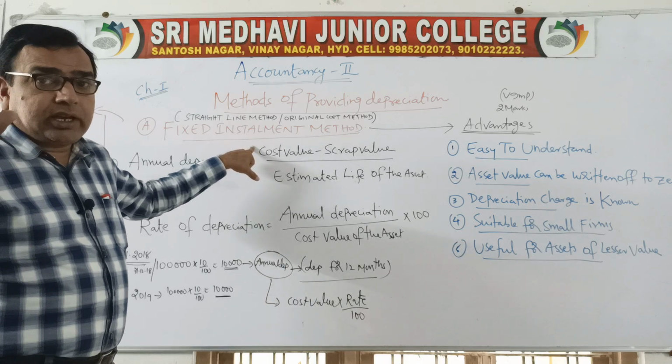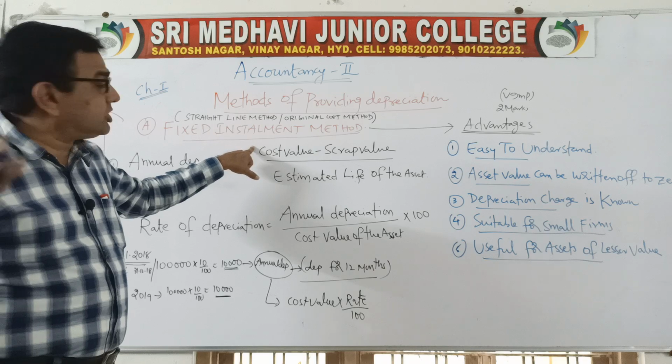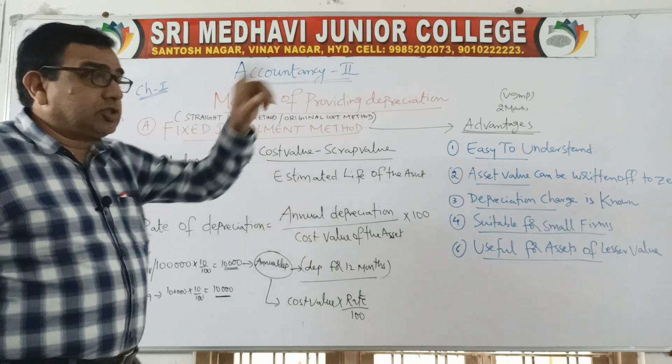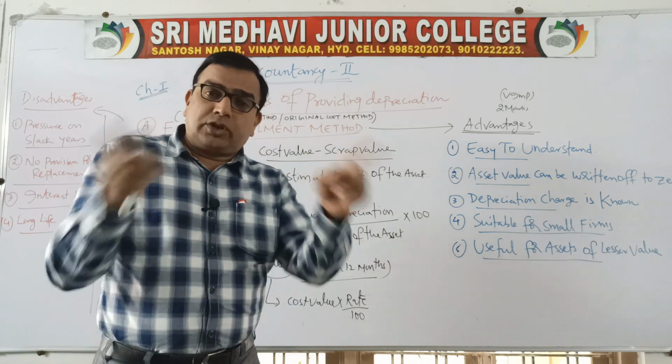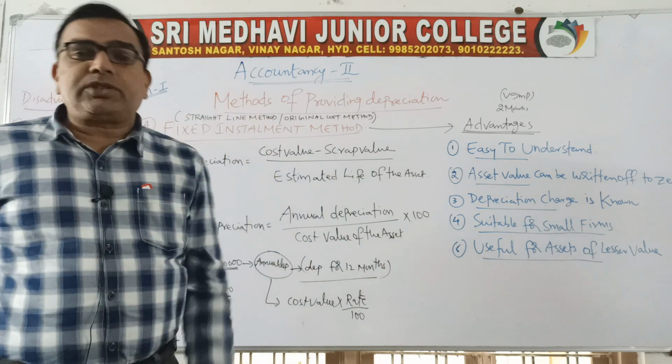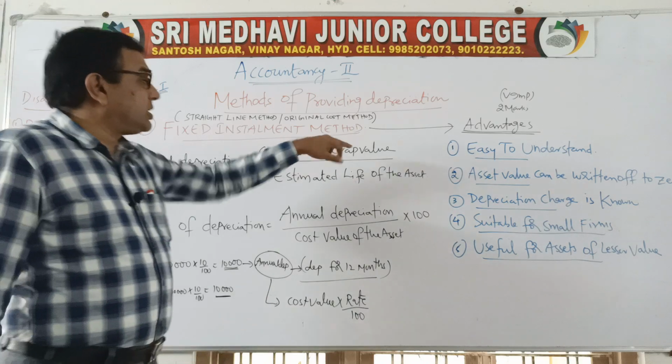आप वो मशीनरी खरीदने के लिए या फर्नीचर खरीदने के लिए जो पैसे खर्च करें उसको बोलते हैं कॉस्ट वैल्यू. Suppose 98,000 is spent for the asset, 2,000 paid for transportation. You have to club both. So cost value becomes 1 lakh rupees minus scrap value.